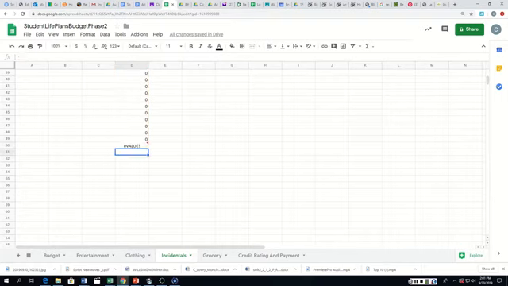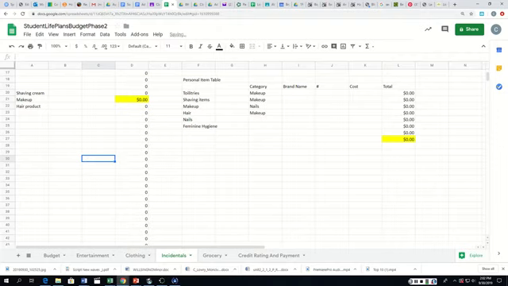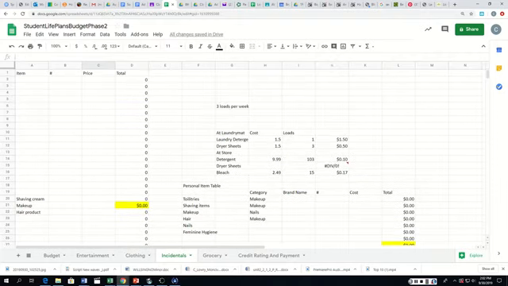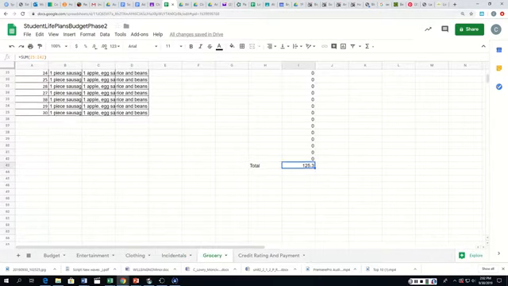Okay, so that's okay. We don't care. Oh, that's because of that again. So when I delete that, everything is fine. And now we want to put a label here, total. I could actually go back over here to entertainment and click Control C, incidentals, Control V. Now there's going to be a great advantage to, and you know what? I could just take the whole 50, Control C, go over here to groceries, go down to line 50,